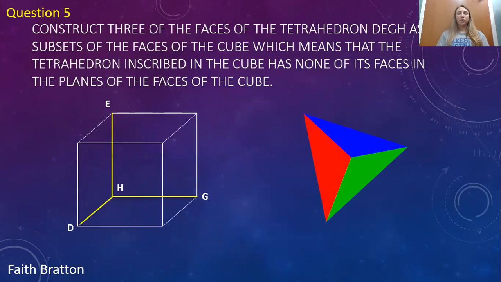For question 5, reconstruct 3 of the faces of the tetrahedron DEGH as subsets of the faces of the cube, which means that the tetrahedron inscribed in the cube has none of its faces in the planes of the faces of the cube. So first we're going to trace the cube, which I have done already, and then we have to identify which place is what. So this is A,